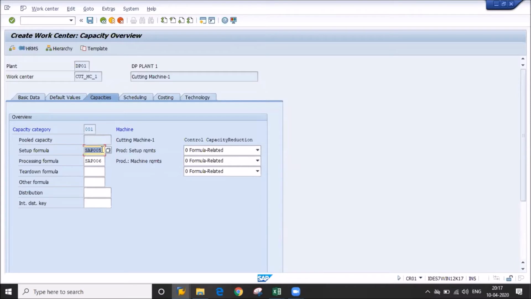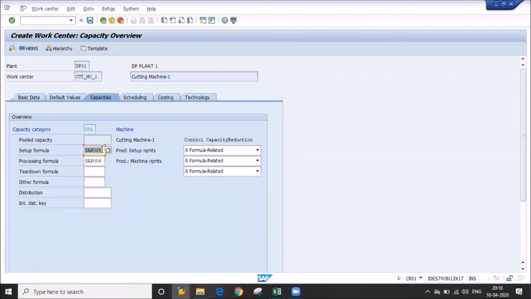Now you try to understand this scenario. Suppose your operation time, because you are taking your base quantity, means you are given in the routing, or we have given base quantity in BOM. So also we will give into the routing. So how much time is required to set up time, how much time is required to your machine time, so that how it will be calculated. So that formula we have to give.